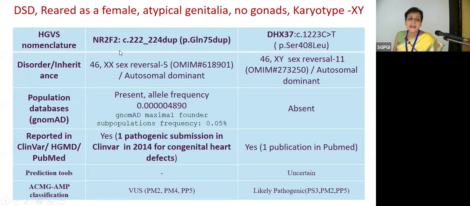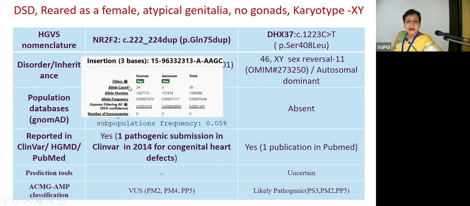So here there is one gene which is for XX reversal. So the karyotype of this girl was XY. So naturally this is unlikely to be the causative gene. And then it is also present in at least some individuals in the normal population, and there is also one pathogenic entry in ClinVar, but that entry has congenital heart defect, which doesn't match our phenotype. And when I personally went to gnomAD and saw that there are 26 individuals with the same allele,